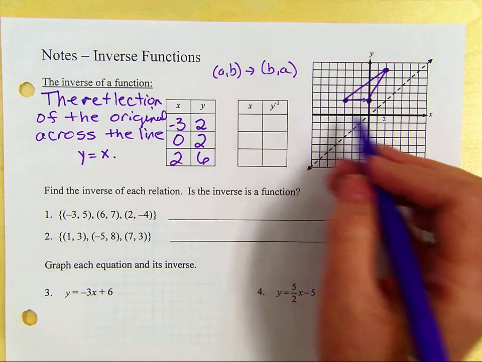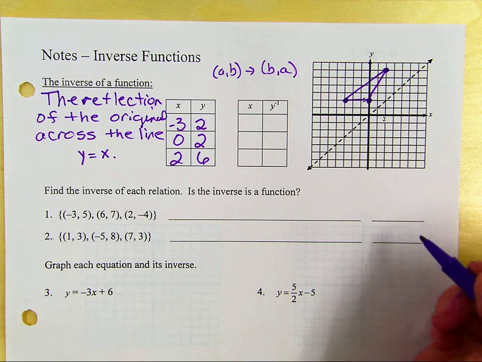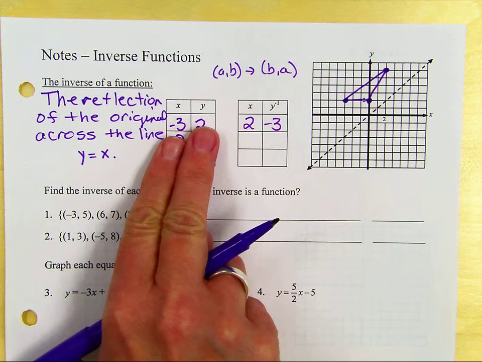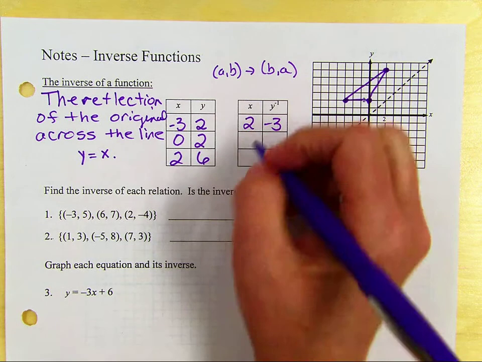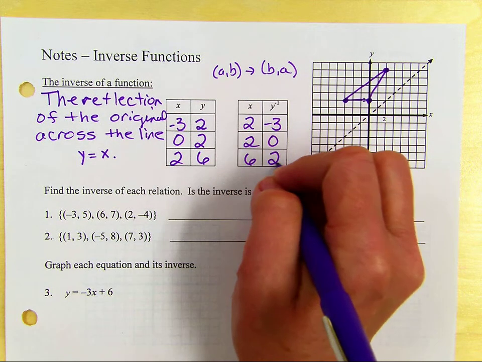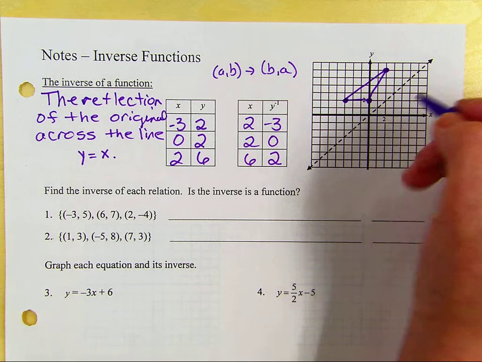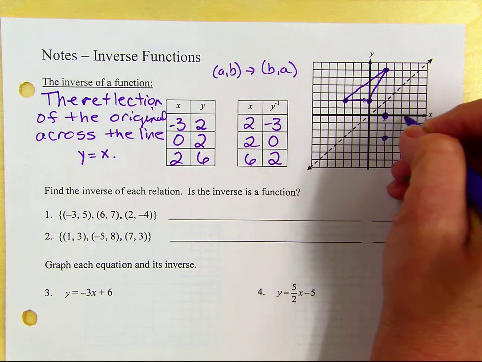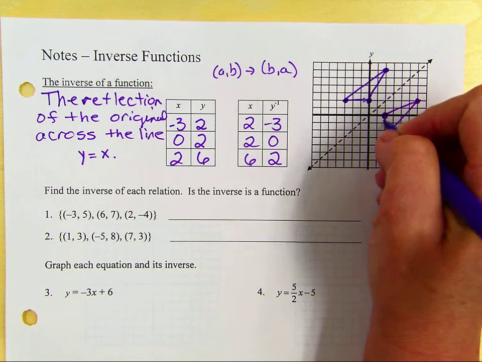So your reflection was (2, -3), (2, 0), and (6, 2). When we graph that, we can see